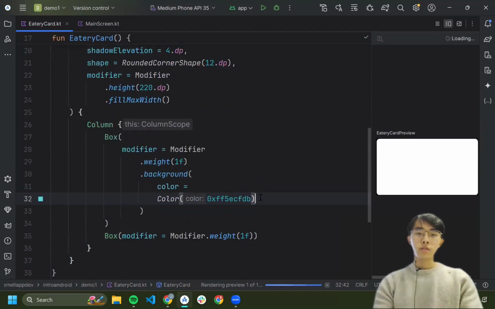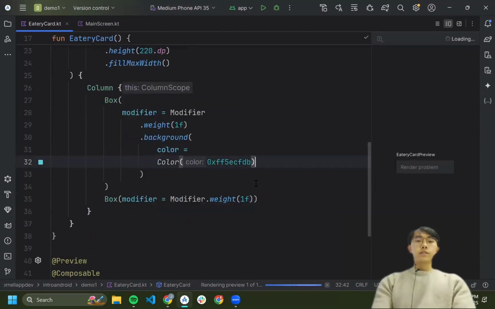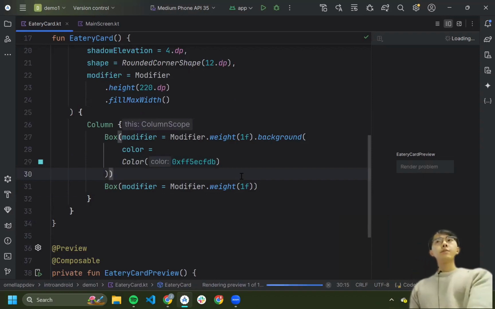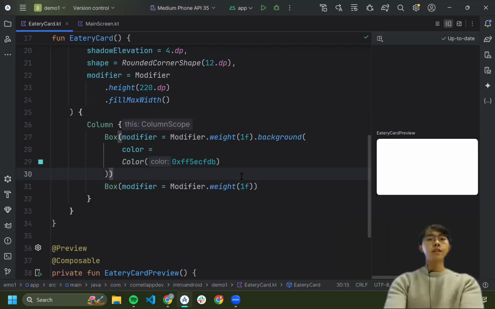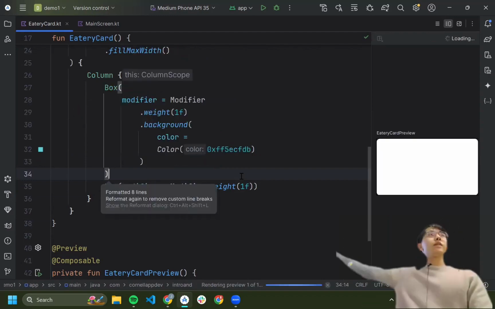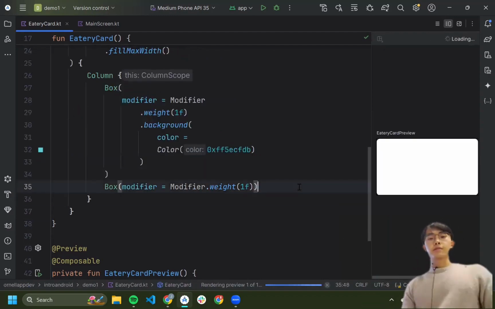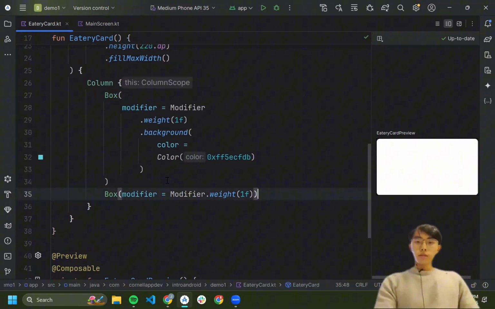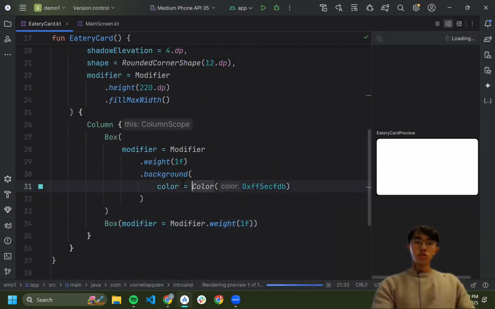There we go. And something nice that also should probably be taught to you, Control Alt L, or equivalently Command Alt L on Mac, will transform your code from something ugly like this into nicely formatted like that. So make sure to spam that whenever possible. But yeah, that did not work. What's going on? Color equals.